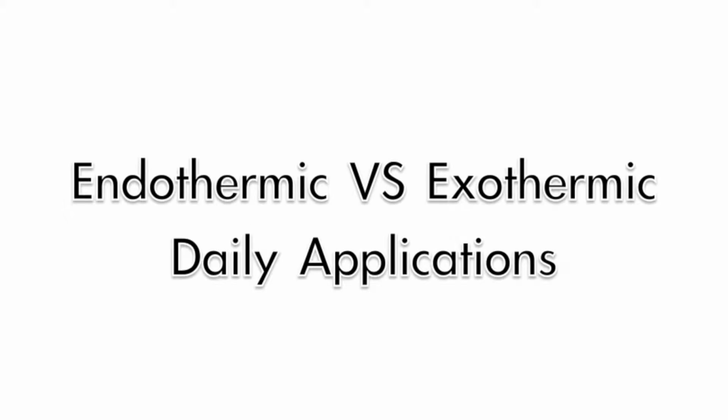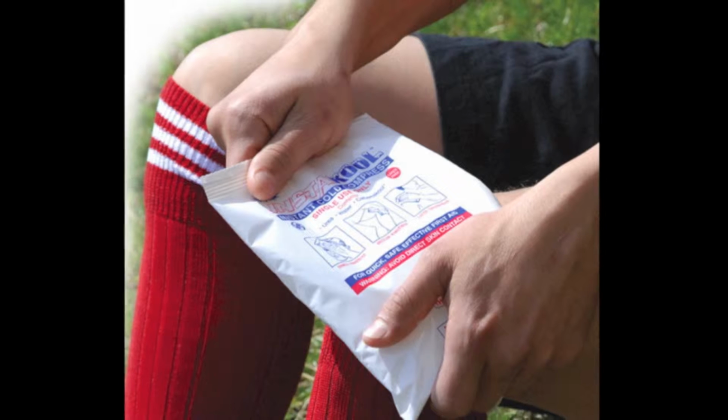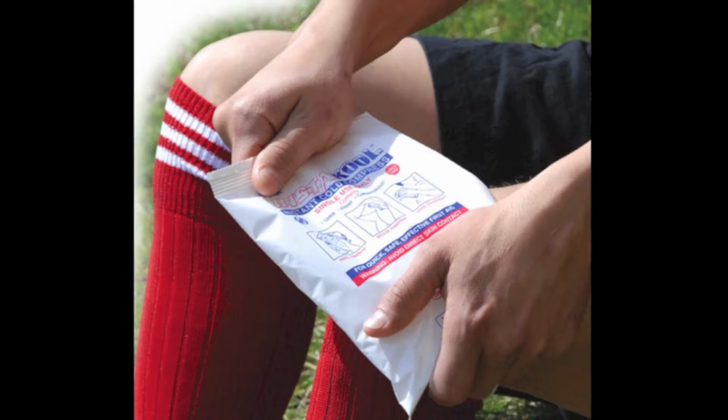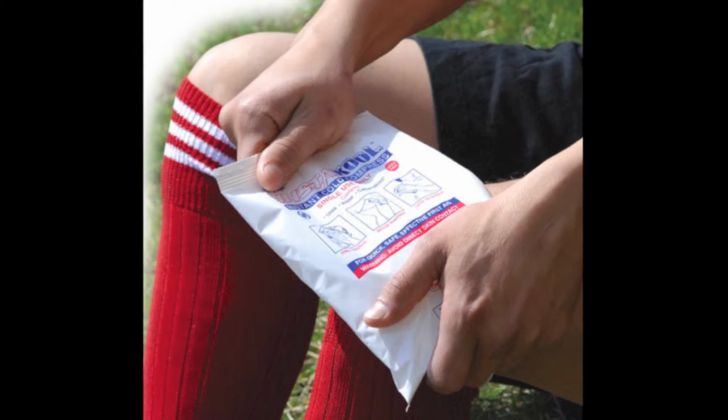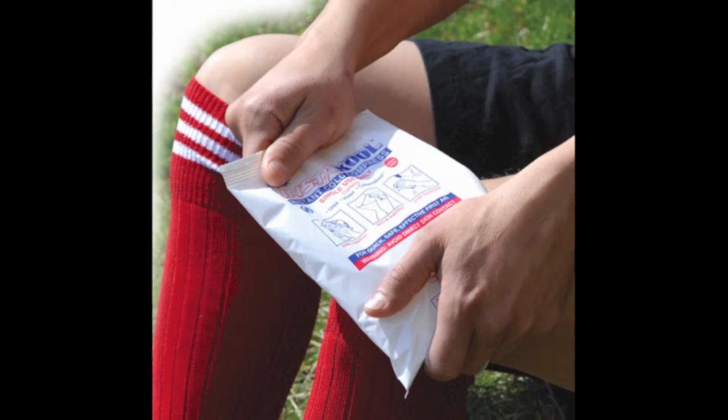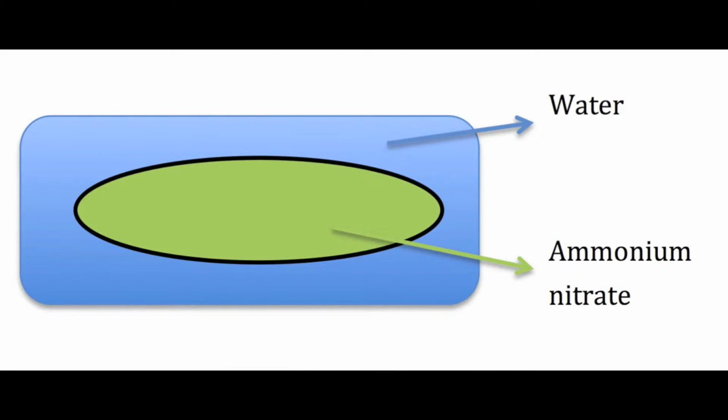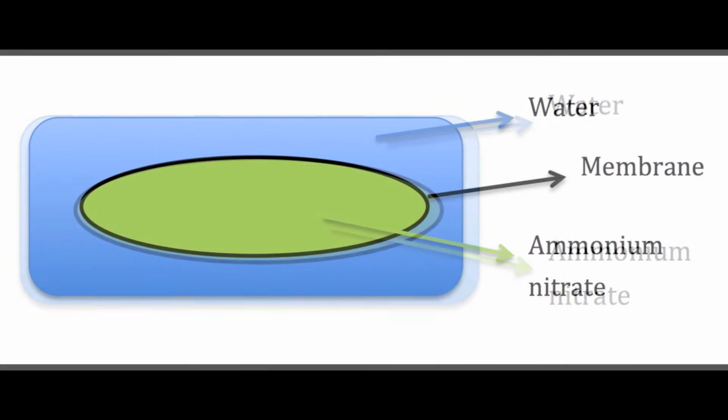In fact, there are a few more examples in our daily lives demonstrating exothermic and endothermic reactions. When athletes are injured, the ambulance man will use a cold pack to alleviate the pain, but why does the pack become so cold when the package is squeezed? In fact, there are 2 layers in the cold pack, one containing some ammonium nitrate powder and one containing some